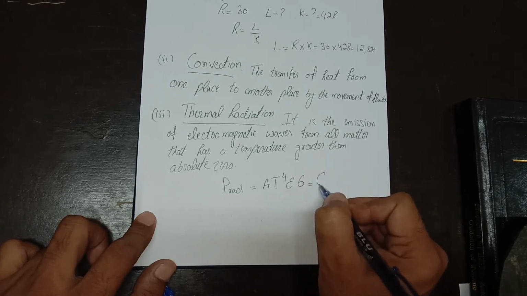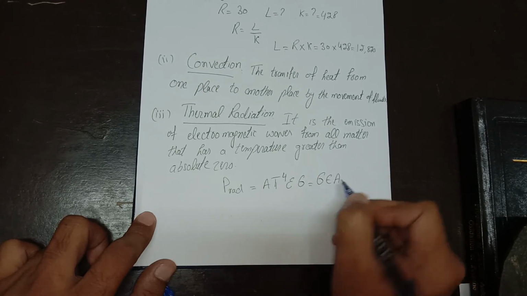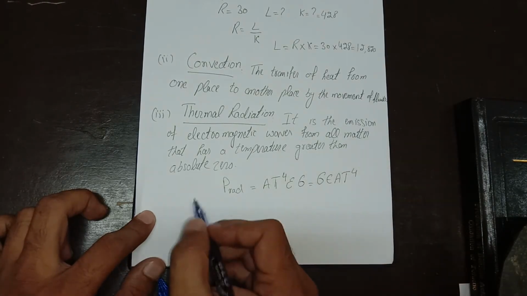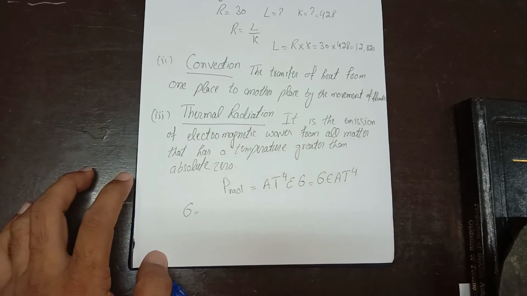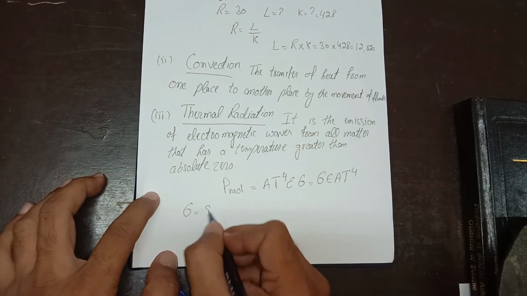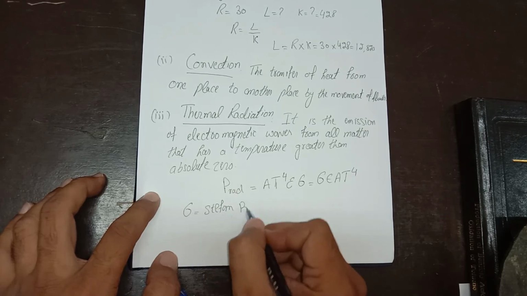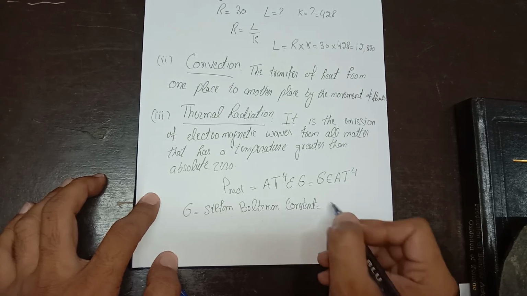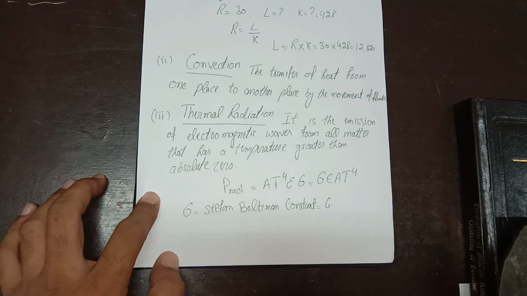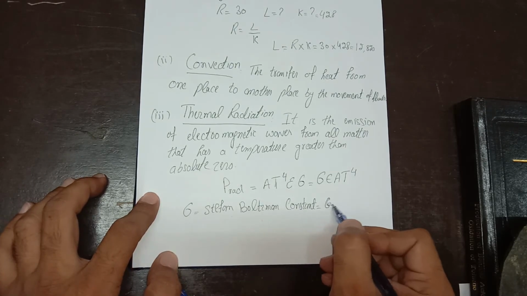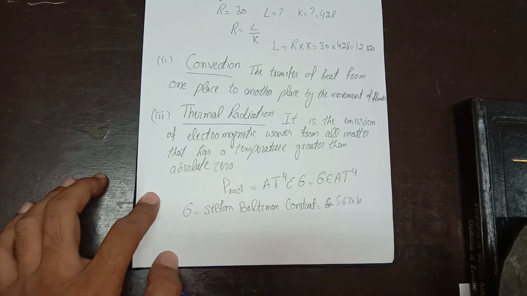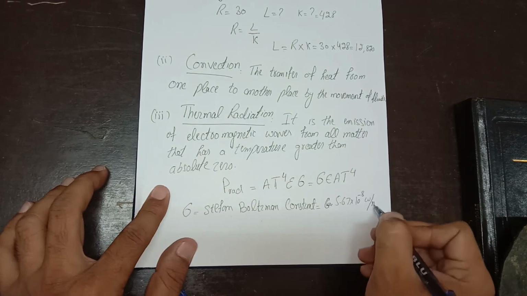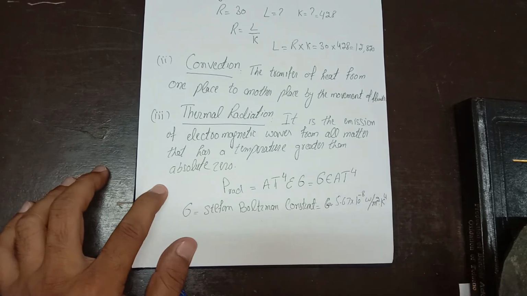More appropriately, I can write it down as sigma epsilon A T raised to power 4, where sigma is the Stefan-Boltzmann constant, and its value is 5.67 times 10 raised to power -8 watt per meter square per Kelvin to the power 4, and